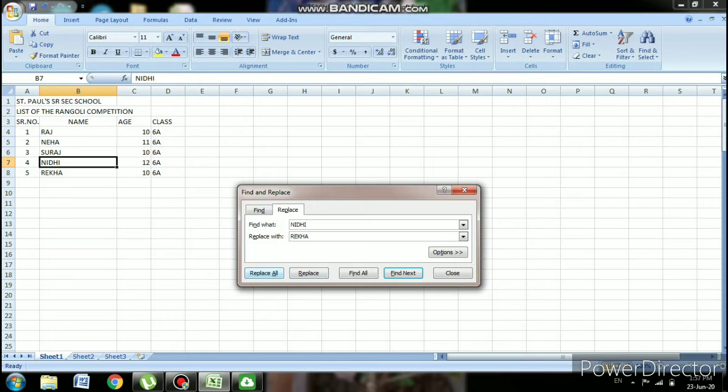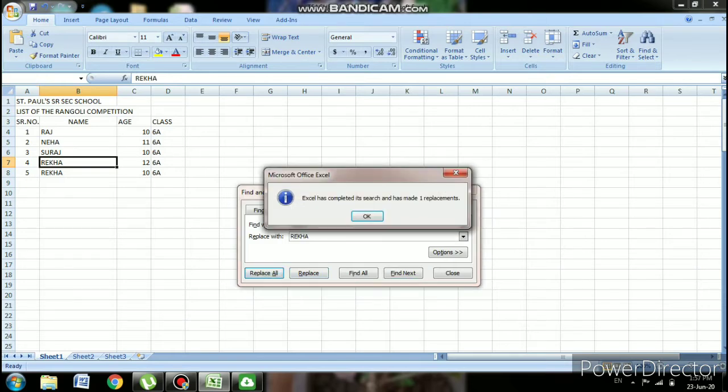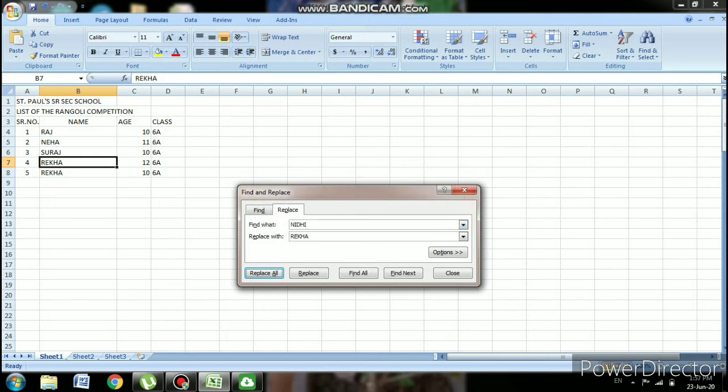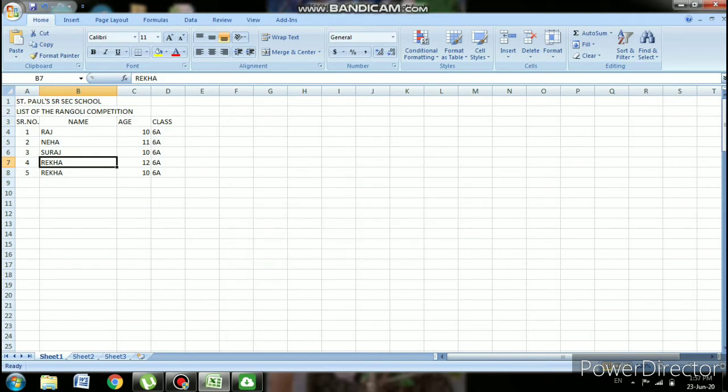Now replace all. Excel has completed its search and has made one replacement only. Why one replacement? Because in my file only one Nidhi was written, Excel found only one place, and this name gets replaced with Rekha.